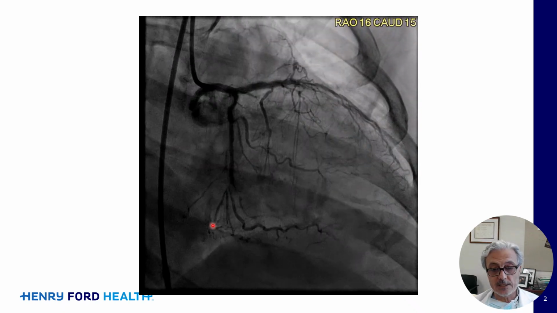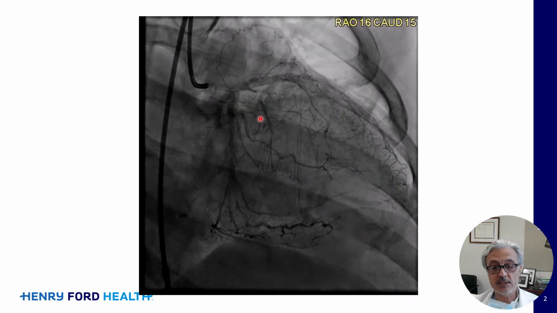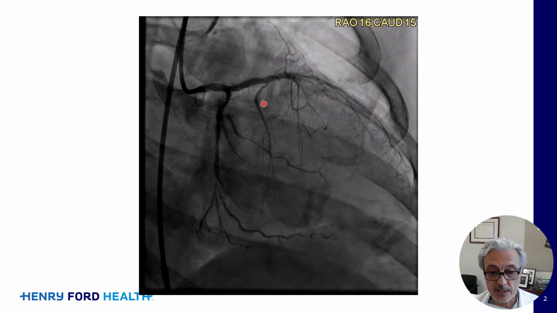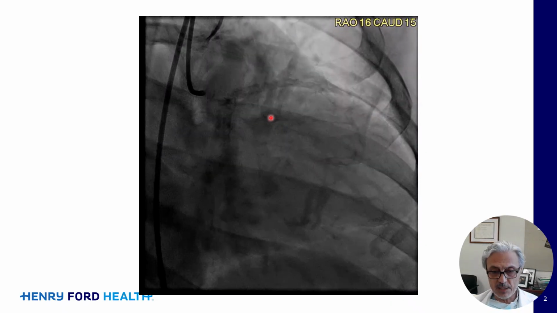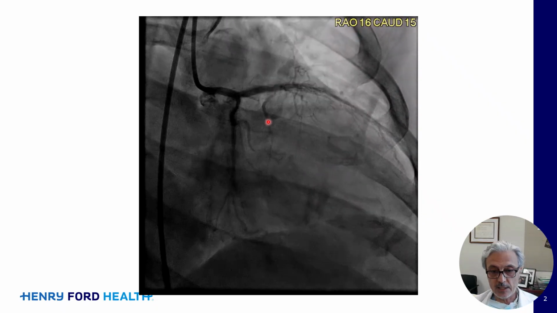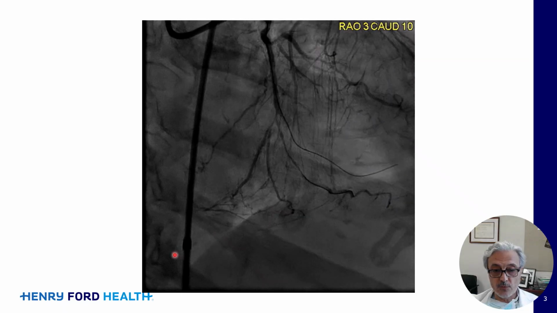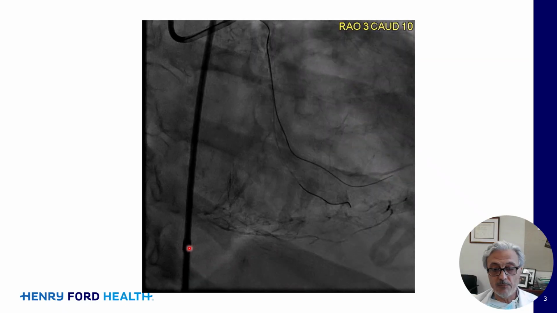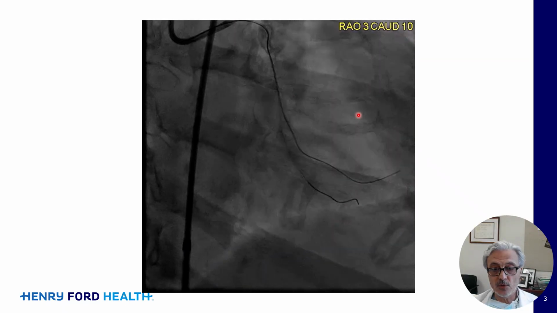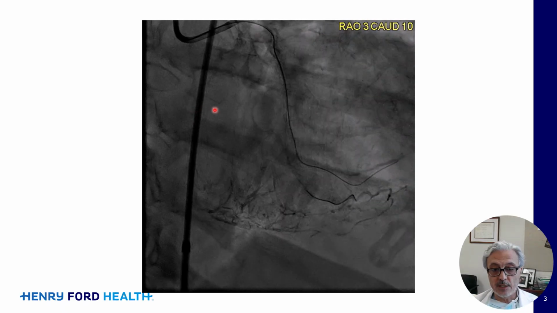His RCA is chronically occluded and his circ has significant disease. He had received a stent in the proximal circ right there. That stent might be a little bit undersized, but it actually has an adequate lumen. So we started with a 45 centimeter, 8 French sheath and an EBU4, also 8 French, guide catheter, and our target is to wire